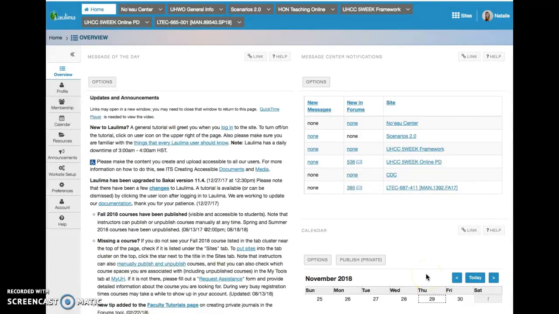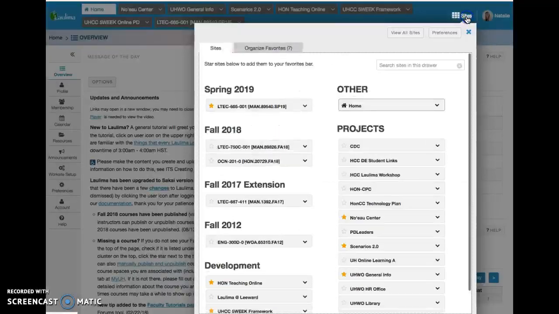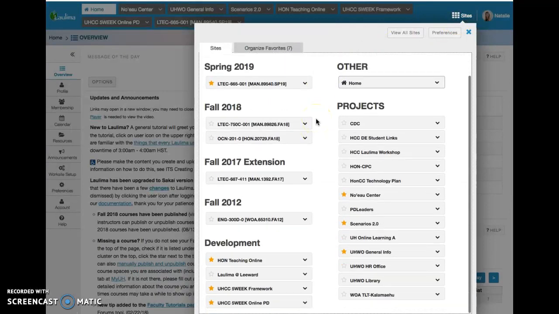One last really important tool on this particular page is the Sites button. The Sites button is located at the very top of the right-hand corner of our page. Now this is another type of menu altogether. This menu is known as our Favorites menu. So any course that you would like to show on your Favorites menu, you can customize that through the Sites page. If we click on this Sites button, now a pop-up will happen